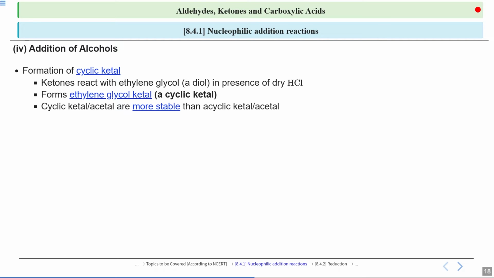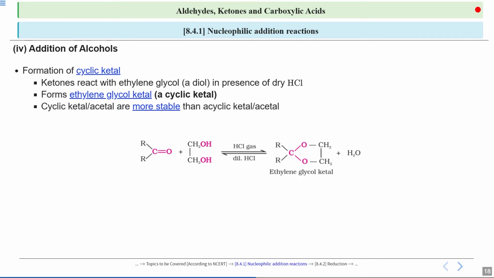If I compare cyclic acetals or ketals with acyclic acetals or ketals, I can say that cyclic ketals and acetals are more stable than the acyclic ones. Why? Can you think of the reason? Because cyclic acetals or ketals form five or six membered rings, and these rings are strain free. This property makes them valuable in protecting a sensitive functional group while the reaction is proceeding.